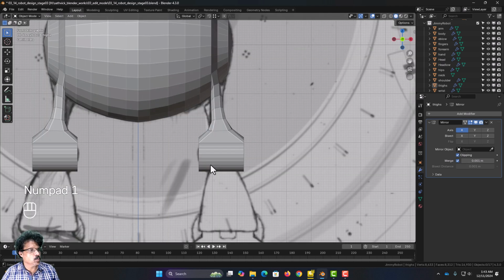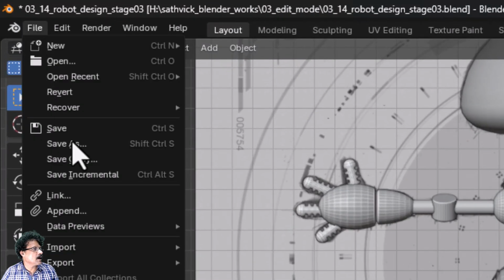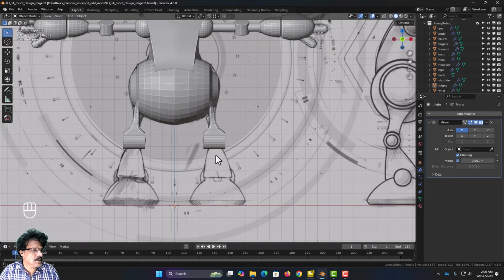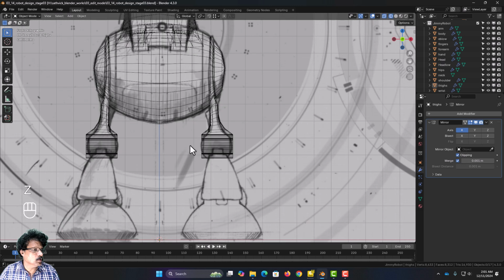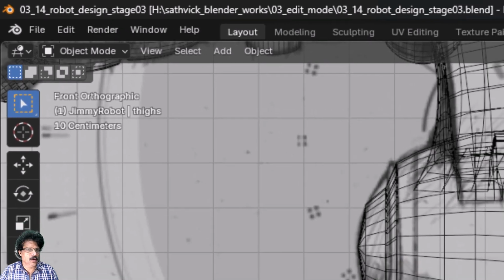So I will press 1 and we have this thigh ready, and I am going to go into file and save this. Let us start creating this leg. So if I press Z and come into wireframe mode, you can now see inside the leg you have a projection, cylinder type projection. So for this I am in the object mode now, and